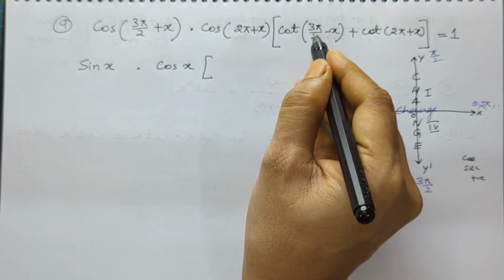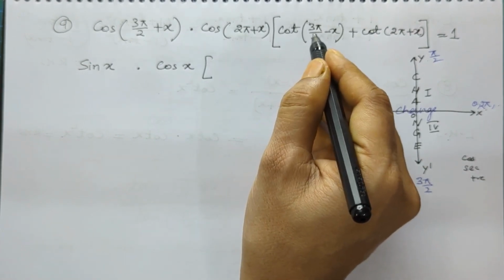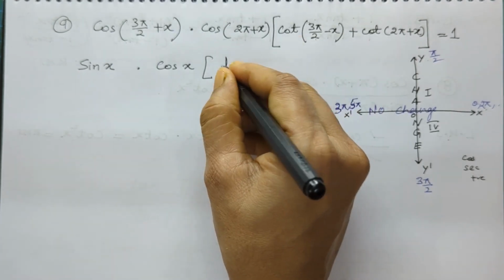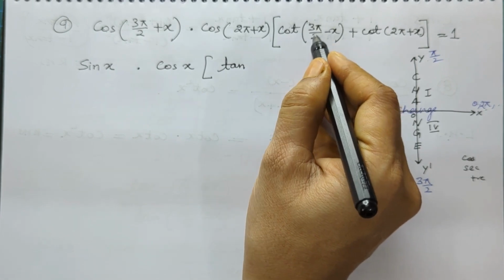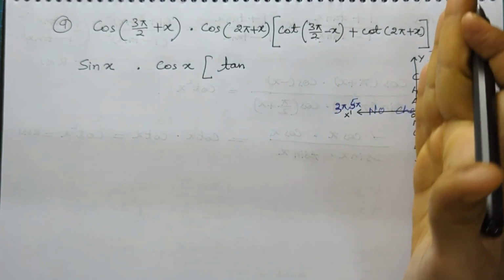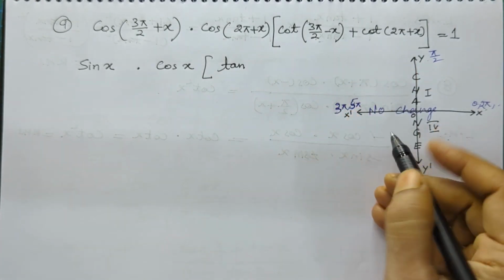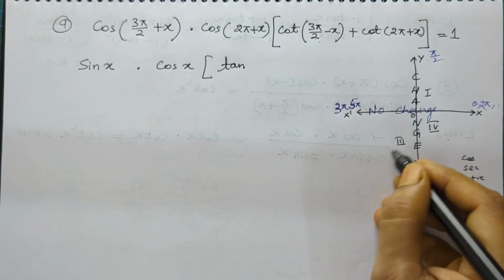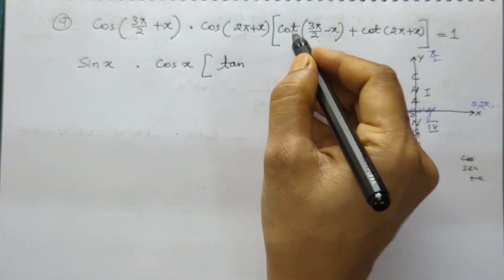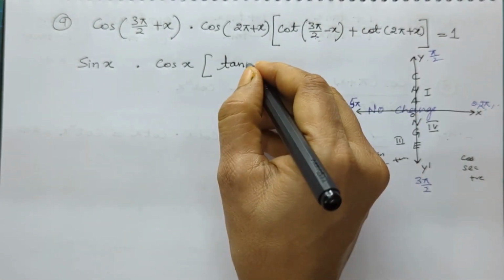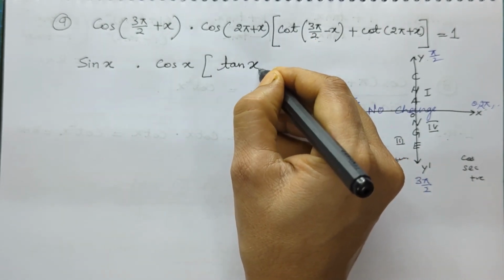This is the change line. So cot of 3π/2 minus x. Change line, so first we respond to this. So cot becomes tan. So cot of this angle, 3π/2 minus x, means it is in the third quadrant. In the third quadrant, tan and cot are positive. So cot(3π/2 − x) gets converted to tan, and it is tan x,